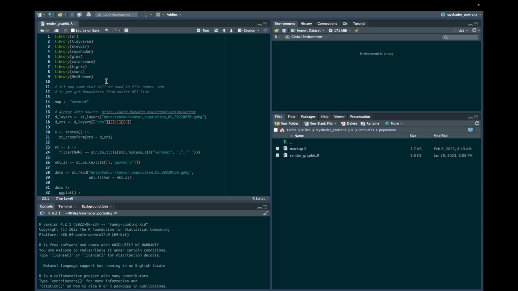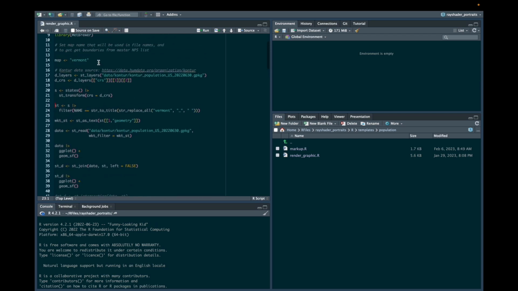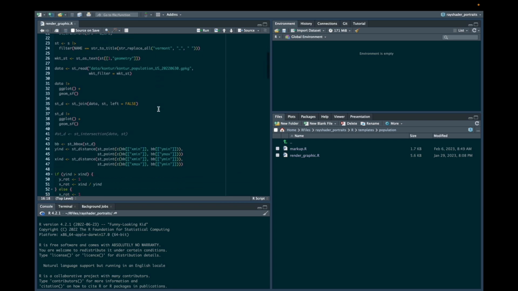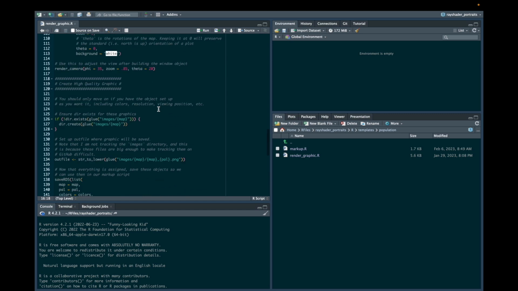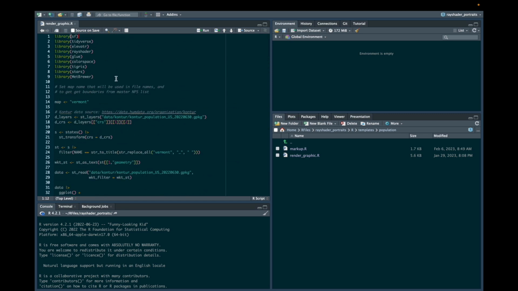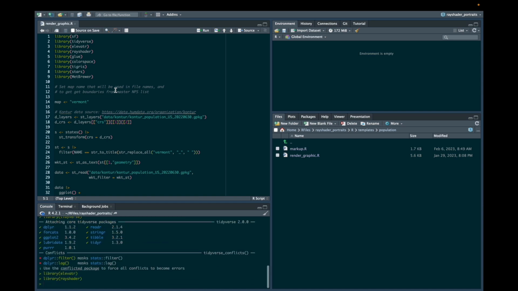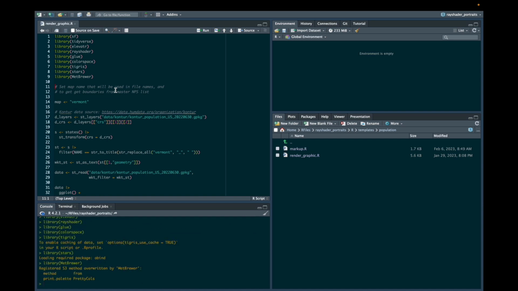Okay, and so now you can see the map object is assigned to Vermont here. And there are a few places where the new portrait function is just replacing certain keywords with Vermont throughout here. So we have the whole script here already. And now you could run this whole script as it is and it would create a map, but there are